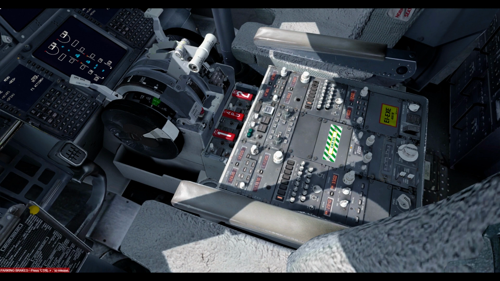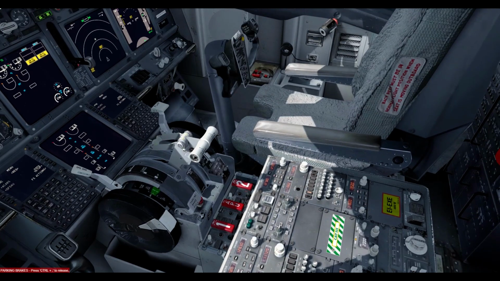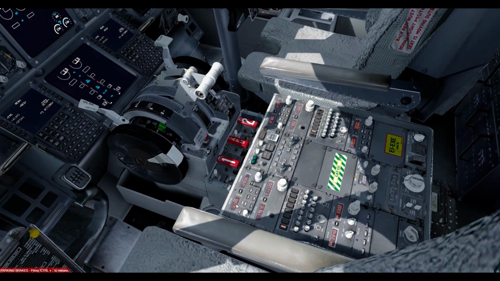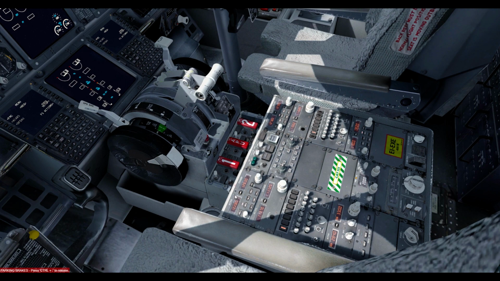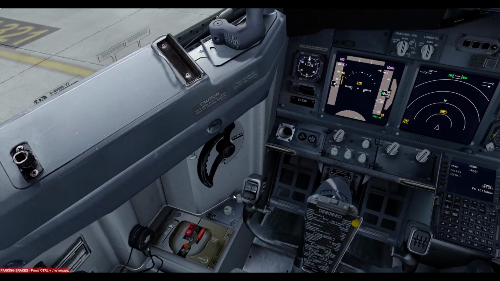And I usually set the radios to 122.8, which is Unicom. Obviously, once again, if you're flying on VATSIM, you want to set it to whatever airport you're at, if they have controllers on. If they don't have controllers on, you just put it to Unicom. Okay,